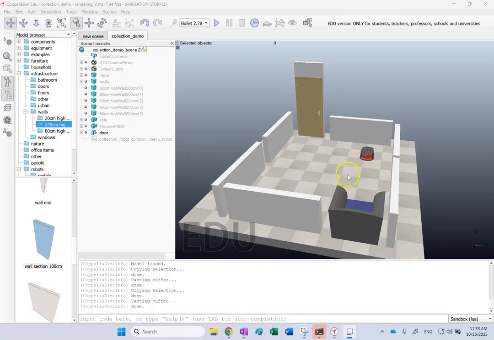Like look at here, let's say this is a room with walls and door and sofa, and this robot is moving inside this room, and you want to check whether there is a collision between the robot and the rest of the stuff. So all of this stuff that you can see in this room, wall, furniture, door, everything, you can merge them into one single, what we call collection, and we check whether the robot has a collision with any of these